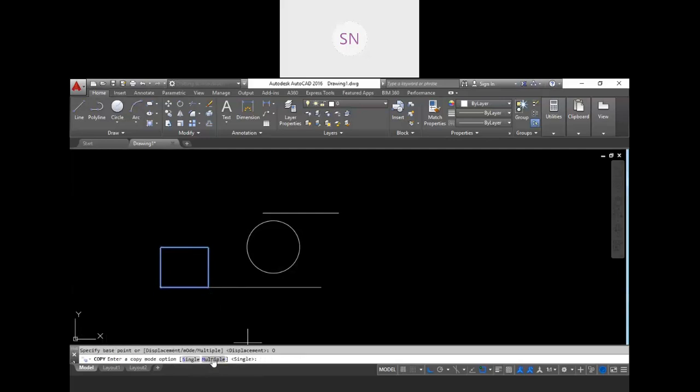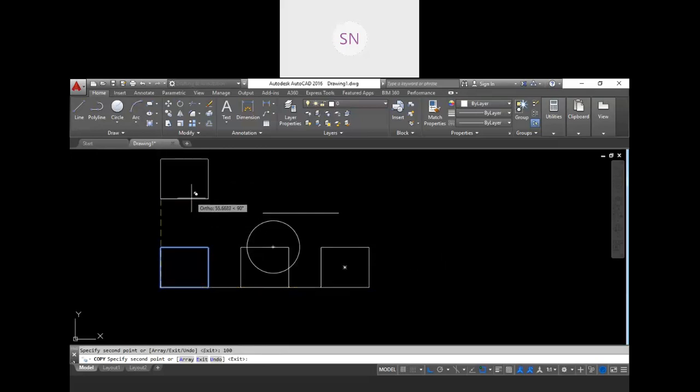If you choose multiple over here, then specify your base point and then direction and value, 50, enter. So see, we have a copy at 50 and this command is still active. So next I am typing 100, enter. So we have a new copy at 100.